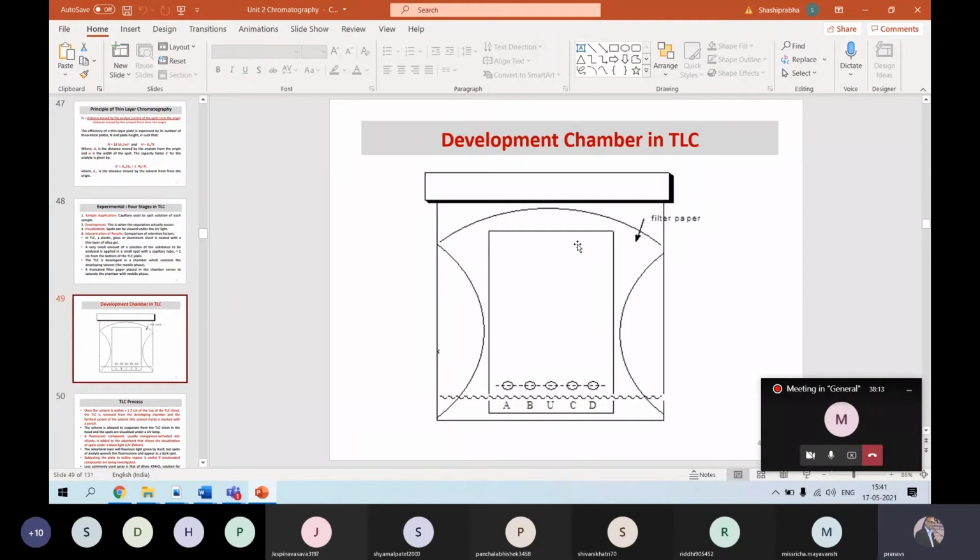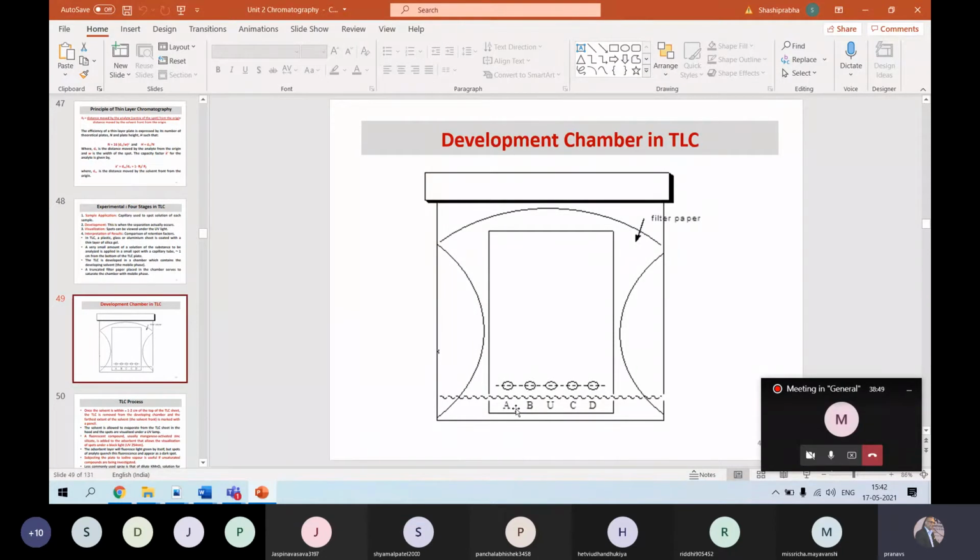And you have this TLC plate here. And then up till this point, you have your mobile phase solvent system here. You spot at about 1 to 2 centimeters above the starting point of this plate, one end of the plate, so that when you dip it in this chamber containing this mobile phase, the spot should not dip in the moving phase.